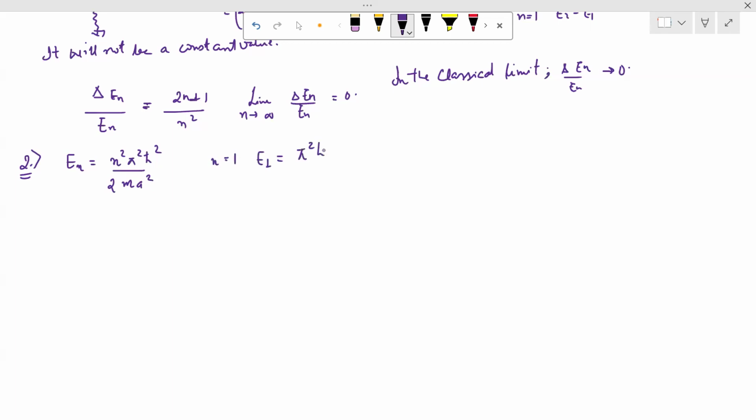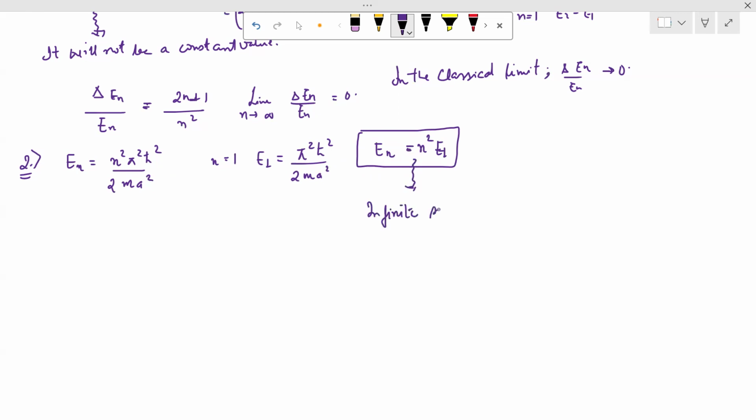E1 is pi square h-bar square upon twice m a square. So clearly your energy values for different states can be written as n square times E1. Okay, so this implies that there is an infinite